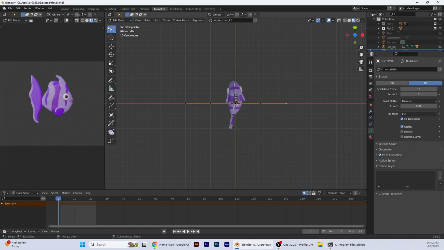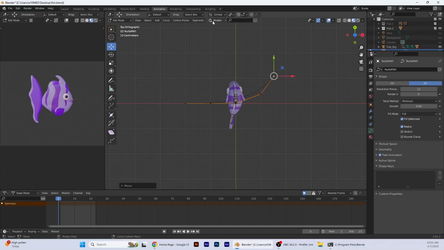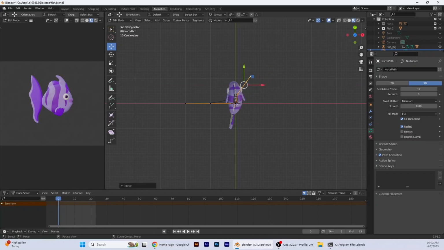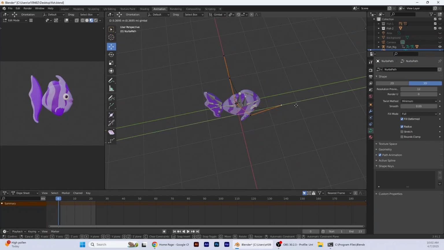What you can start doing is moving these dots. It's going to make a little curve. It'll make curved lines for you there. And we want this fish to stop right where it is right now in our placement. It can be a little forward or backward. It depends how much space you have here. So this is going to be like the front of our